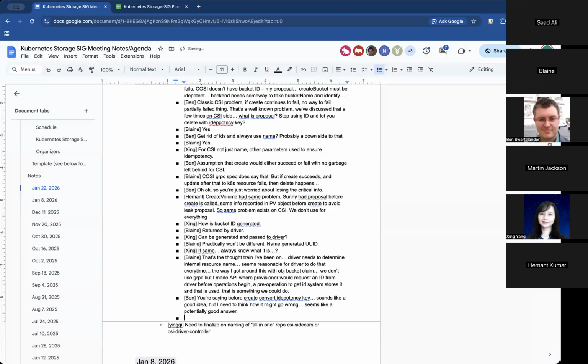So it seems like there are concerns with continuing to use the idempotency key forever for all operations. But given a little more thought, it could be useful to request an ID from the driver before any driver operations begin.